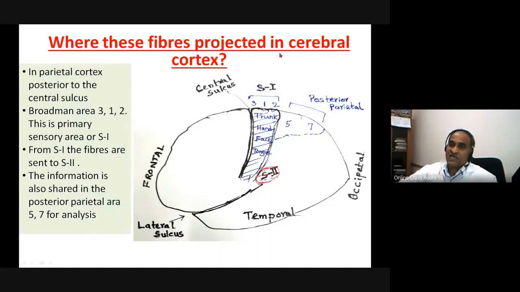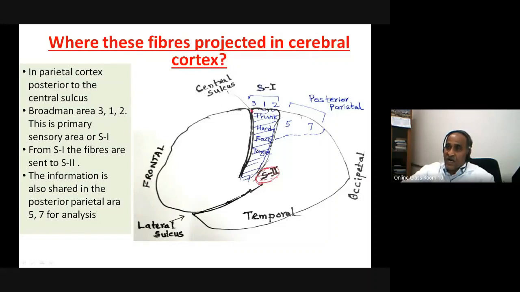Now I have just drawn the diagram. This is the brain structure, this is the frontal area, this is the occipital area, this is the temporal area, and this is the parietal area. This is the central sulcus, and this is the lateral sulcus. Now this area, which I have made with the blue pen dotted line, is the